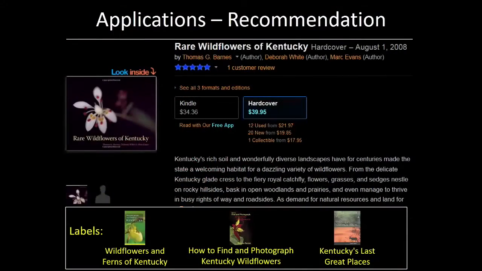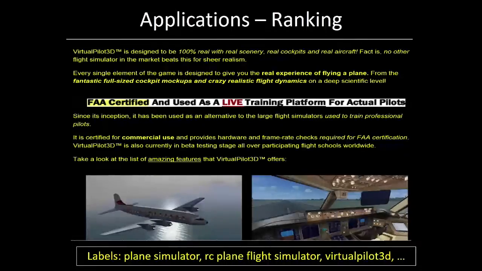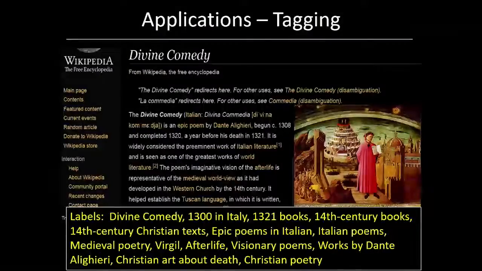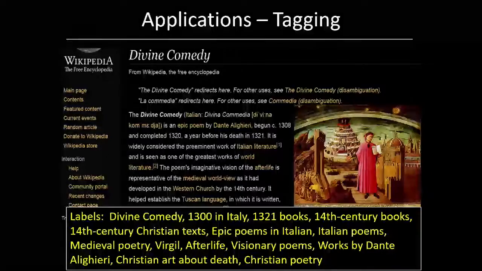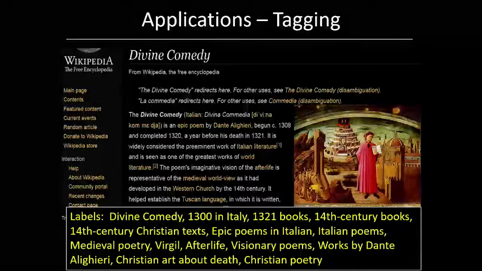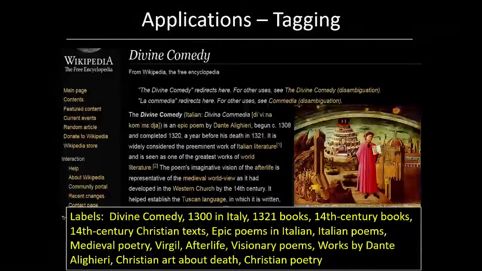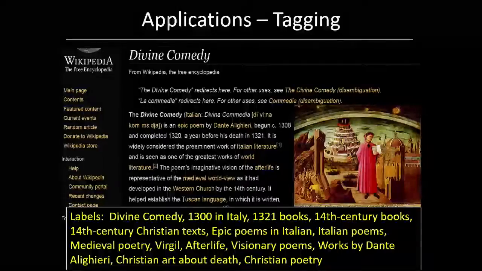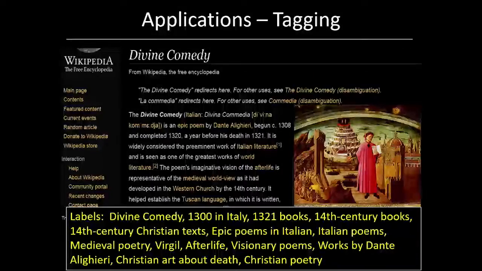Now, the way we evaluate performance must be tied to applications. So the applications that I'll be considering in my talk today include item-to-item recommendation on Amazon, as well as ranking of queries on Bing for advertising. But the application that I will be using as a running example throughout my talk will be tagging on Wikipedia. So the task is very simple. Given a Wikipedia article, we would like to predict which subset of Wikipedia tags might actually be relevant to this article. And to evaluate performance, we'll use the ground truth labels or tags provided by Wikipedia's editors in terms of the tags that they've deemed to be relevant, which I am showing over there for the Divine Comedy. Okay.